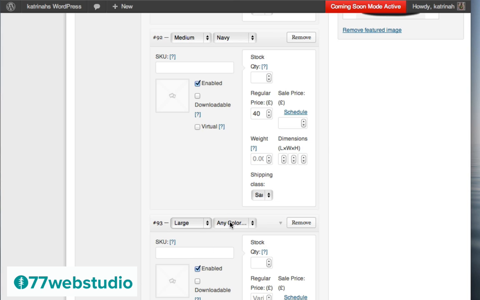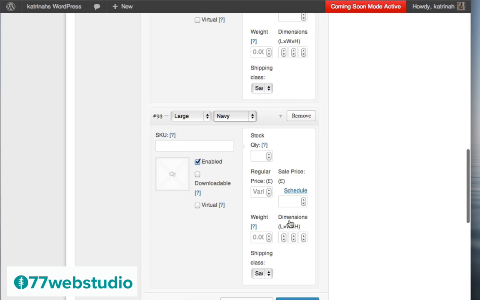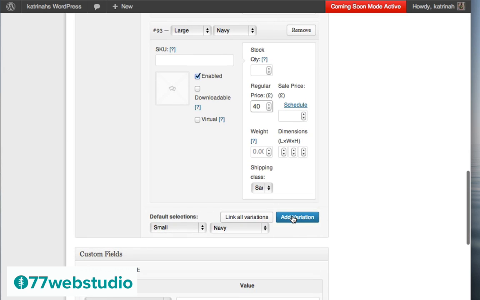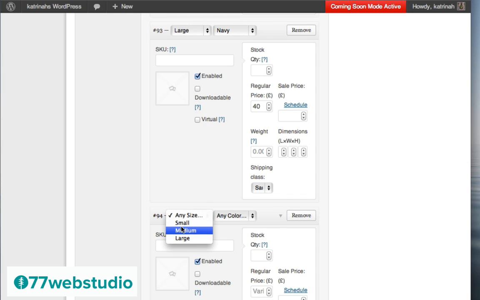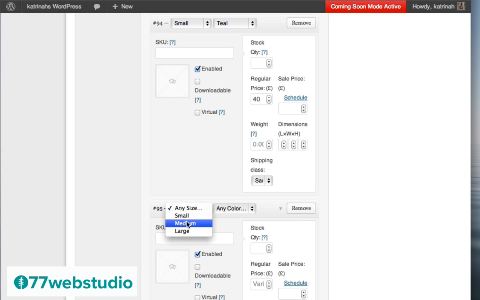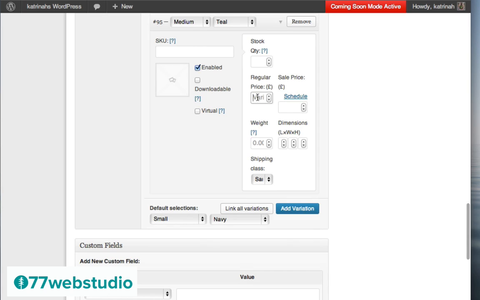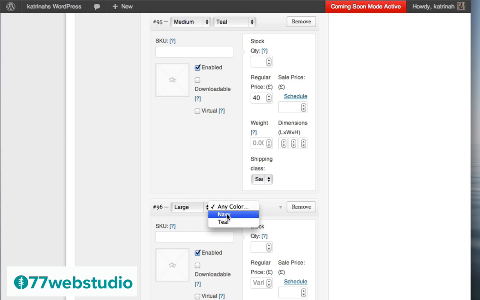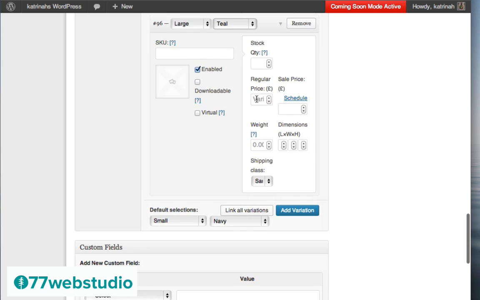So you see I'm just going one by one, each size and each color. So I'll also do the price here of 40. If you don't add all of these, then the price will not be visible for one of the different variations. So now I'm going to click, last time, Add Variation. This time we're going to do the other color and all the sizes. So we'll start back at small one more time, and this time we'll do the teal color. And I'll add the price of 40 here, Add Variation, and this time I'll say medium in teal at 40. And finally, Add Variation, the last one, I'll say large in teal, and here we have the product price of 40.